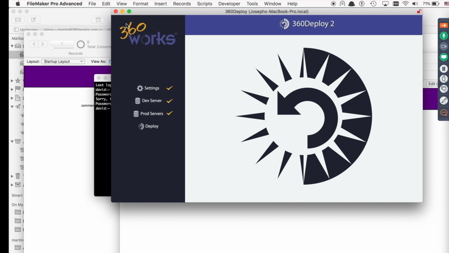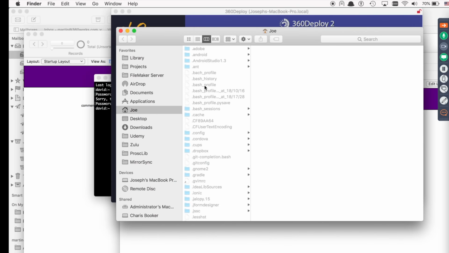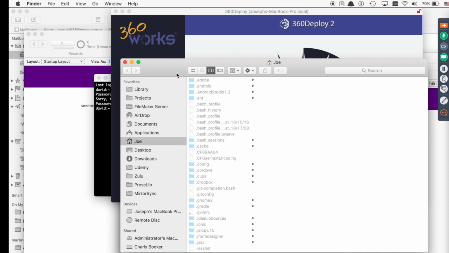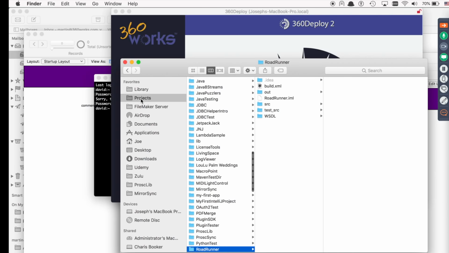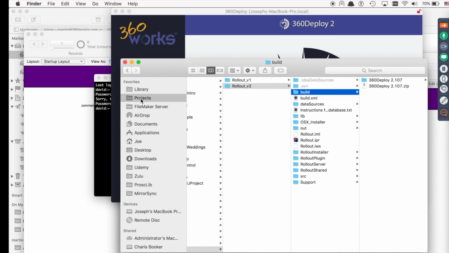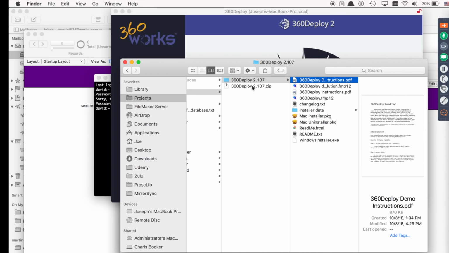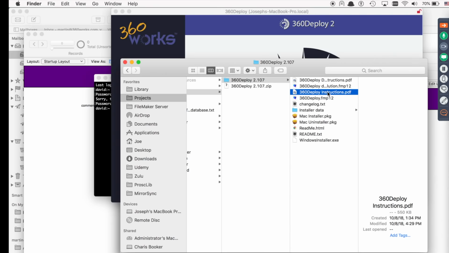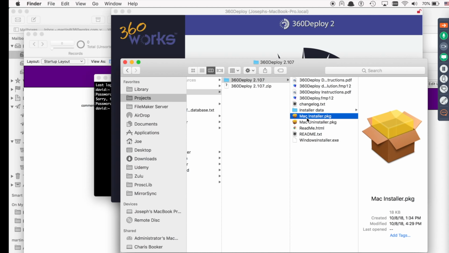You might be wondering what the configuration process is like. And we really tried to make that as straightforward as possible. Now, I do want to point out that there is a server-side component to 360Deploy, which comes in the installer that you'll download. You'll get the 360Deploy file, the instructions, as well as a demo solution, which is just like a contacts database. But the installer here,